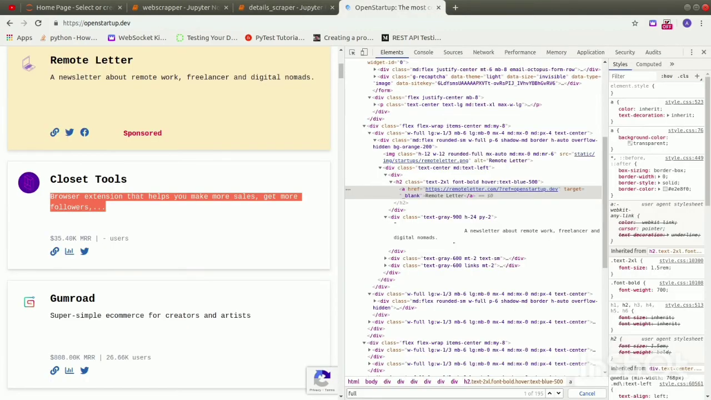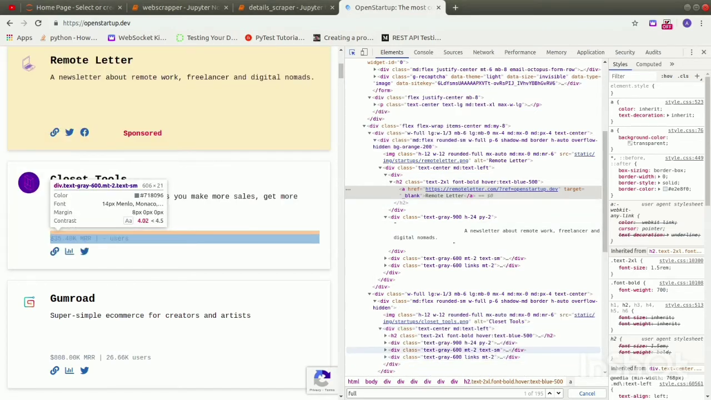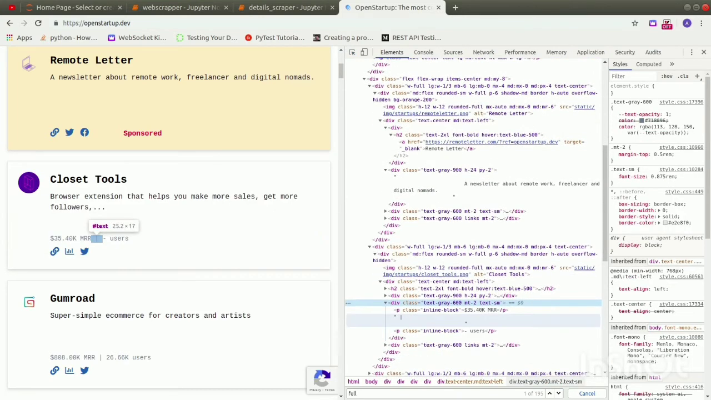35.4 MRR and uses basic statistics. So now let's scrape those, and for that I will need to inspect those. So they are in P class with inline block. Remember there are two P class with the same class name. So for that